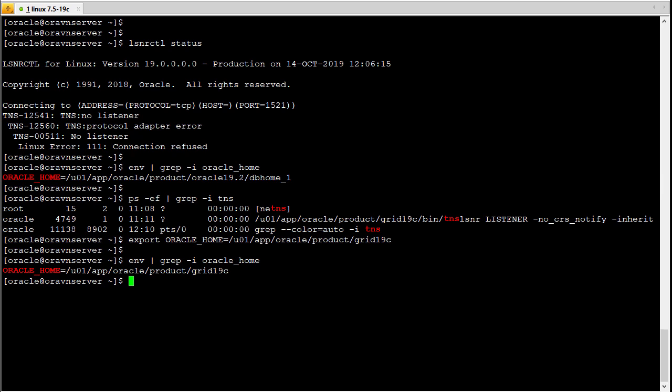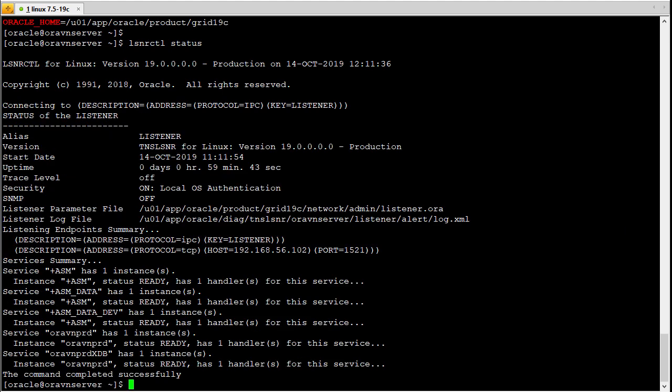So now I re-execute the command lsnrctl status. It's working now. You can see our listener is working and handling some instances: the ASM instance and our regular